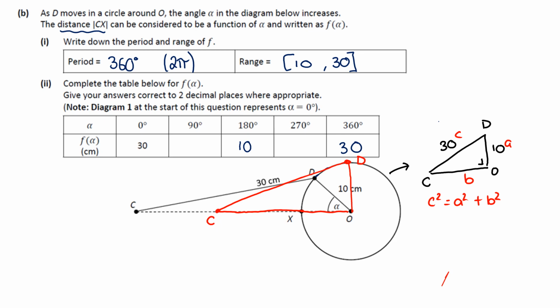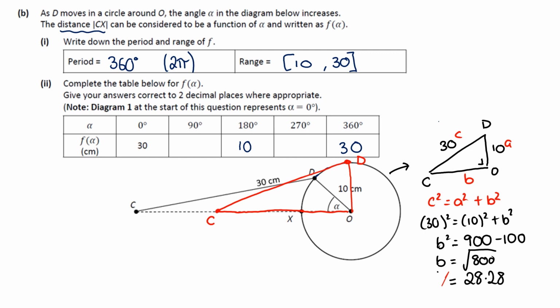And working that out, we get 30 squared equals 10 squared plus b squared. So b squared is equal to 900 minus 100, which is 800. So b is equal to the square root of 800, which is about 28.28. So that's b. So that's that length here. So we work out this piece is about